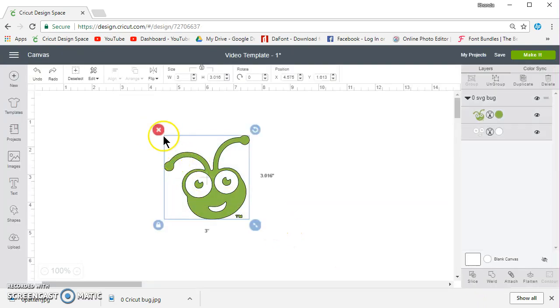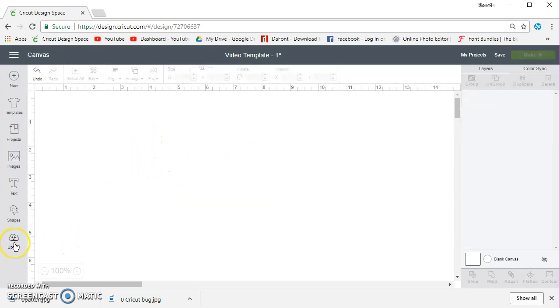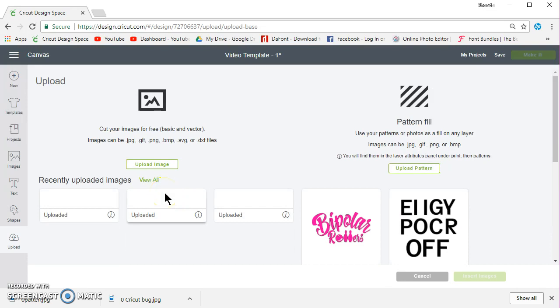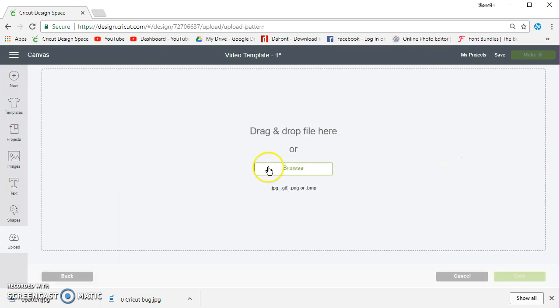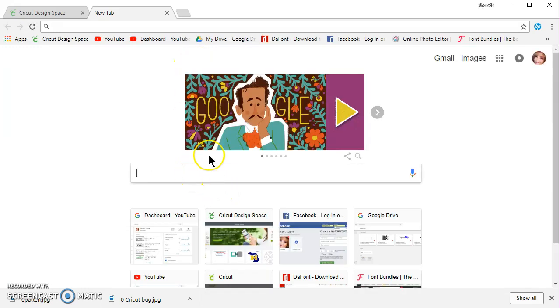So then let's go back to upload. And let's go to pattern fill. What's this? Well, upload a pattern. Now I've already gone to Google and typed in pattern and then, well, let's just do that. So I'm going to search pattern,